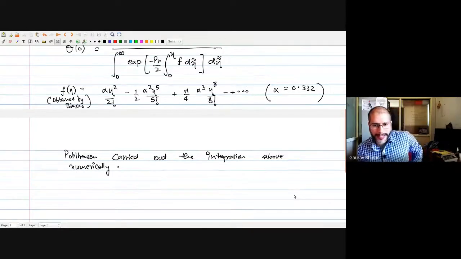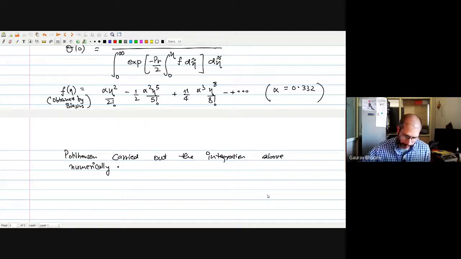So Pohlhausen carried out the integration numerically to find the value of theta prime at eta equals 0, that's on the plate surface. We won't discuss the solution that he obtained, but for Prandtl number values greater than 0.5, the formula that I'll write is that theta prime at eta equal to 0 is 0.332 times